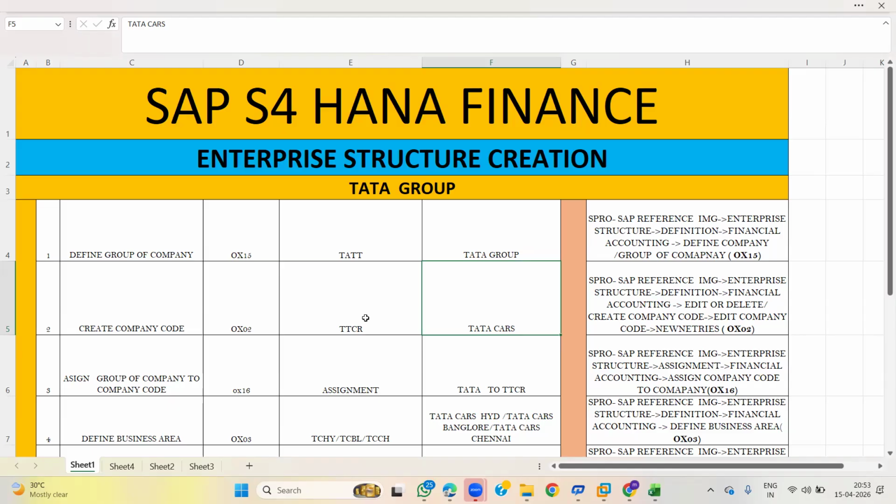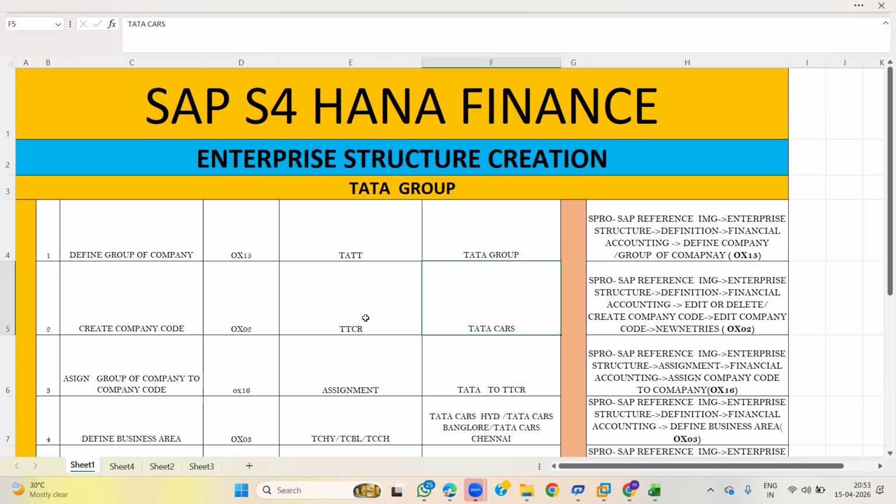We need to create the company code because all accounting entries and business transactions will be posted at company code level.